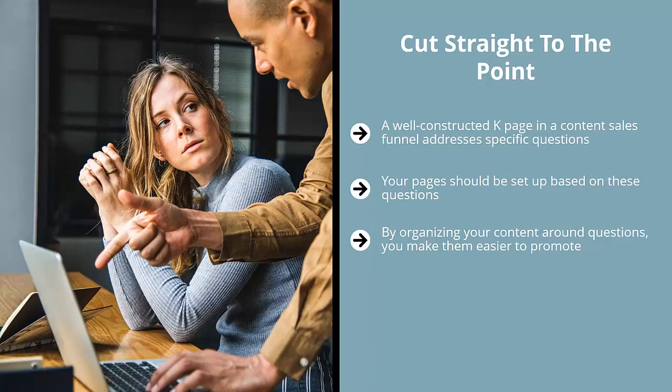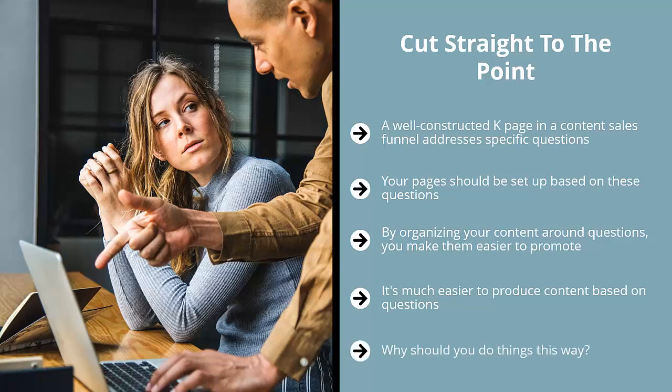Please understand that the human mind tends to navigate and process information in two forms: questions and stories. It's much easier to produce content based on questions. They're short, they're choppy, and they're easy to process. Why should you do things this way? If you paid attention to the way you yourself process information from the internet on your mobile device, you would